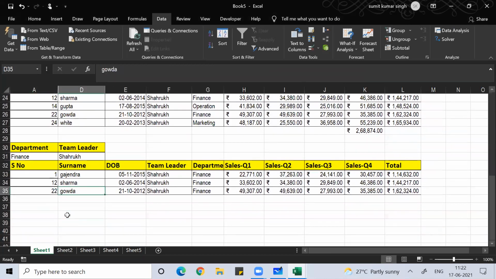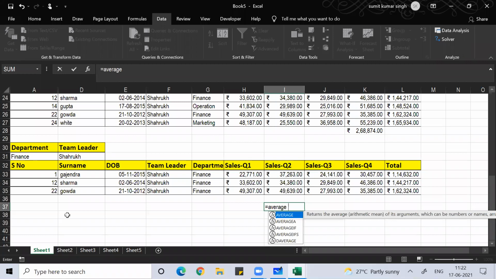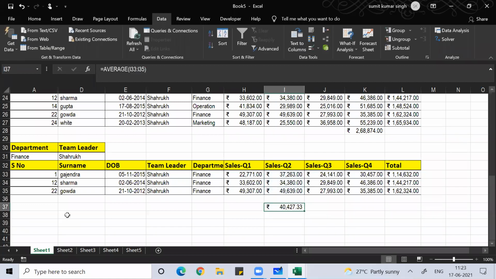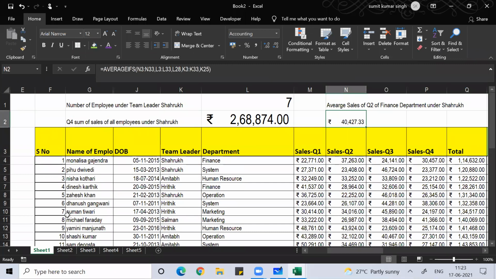Now you can see here, all the people who are working under Shahrukh in the finance department. I want the average of this value. The same thing, 40,427. So you do anything any way, it's all up to you. My intention is to show you different ways. Okay, so with different ways you can do that. Clear?